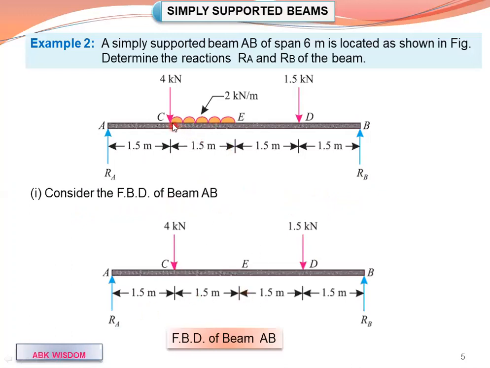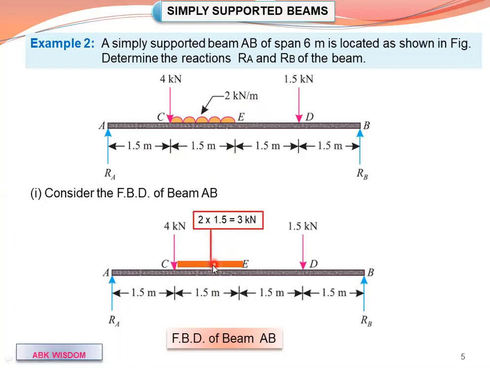Now we have 2 point loads, and we have this UDL, and we need to convert this UDL into a point load. So let us consider this UDL is in the shape of a rectangle. We convert this UDL into a point load by considering the area of the rectangle, which gives the magnitude of that point load. The area of the rectangle is 2 into 1.5. 2 is the intensity of the UDL, and 1.5 meter is the length on which this UDL is acting, which gives the magnitude of the point force.